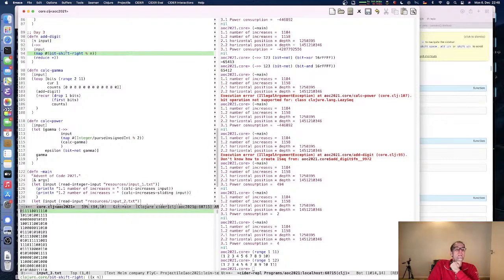Bit shifting by 11 worked, but if we shift by less, we still have to do a bit and with 1